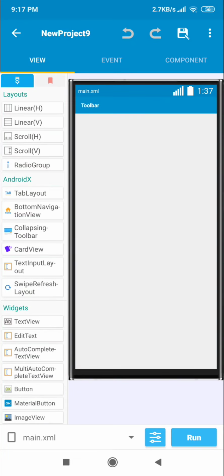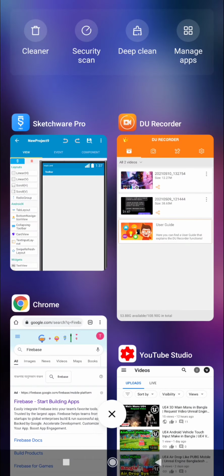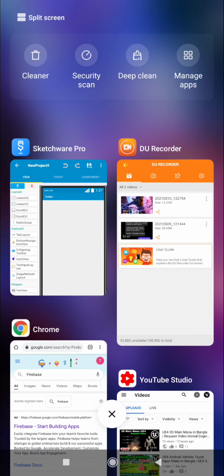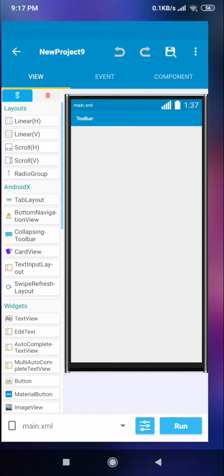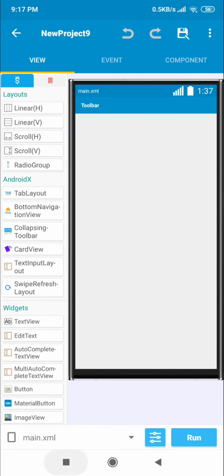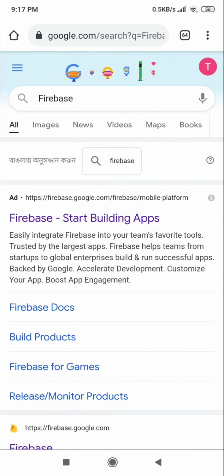In this video I'll show you how you can simply set up Firebase with your Sketchware project, if you are a beginner. I'll show you how to create a Firebase account and how to set up your Firebase with your Sketchware project. So let's start. First of all, just create a project in Sketchware, then we'll go to Google and search